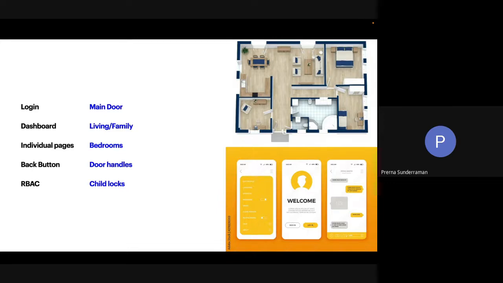And child locks, again, I was thinking of it more like role-based access, where you're giving a group of permissions a name like a role, and then assigning it to each member of the family.